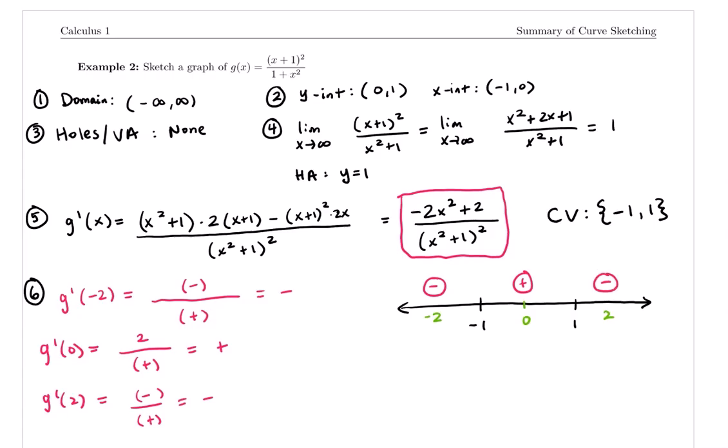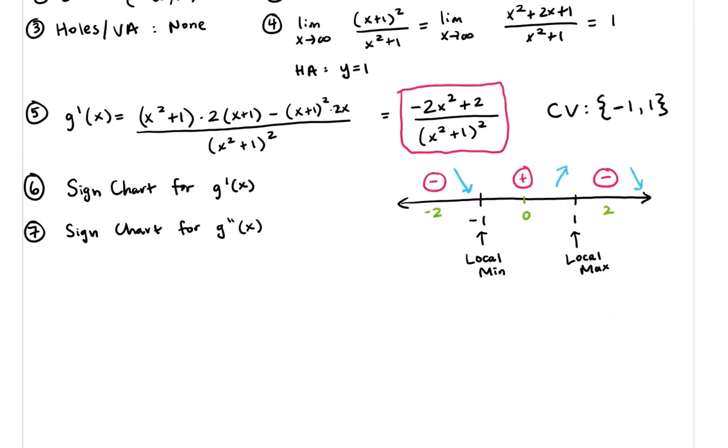Okay, so I know that my function is decreasing, and then increasing, and then decreasing again, which tells me the conclusion is that at x equals -1, I have a local min, and at x equals +1, I have a local max. All right, so for step 7, we want to find a sign chart for the second derivative,